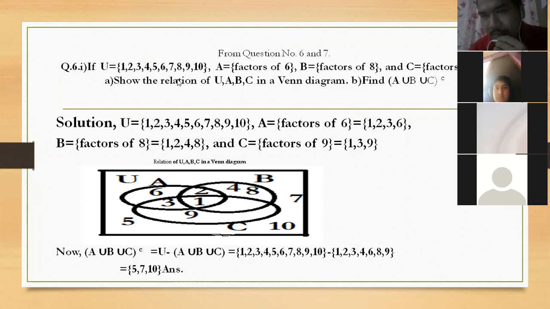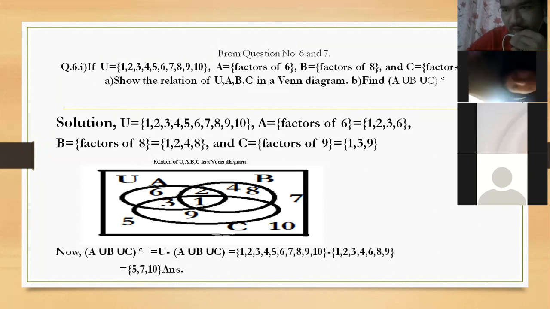In the note copy, you have to do all the exercises. Okay? In homework one, I will give you only some of the questions. You understood this, children? How to find A union B union C complement? Note copy is that one, fair copy one. So I have done all the exercises in the homework copy. That is the homework copy also, you can tell. That is your note copy also, no problem. That is the same one. Okay?